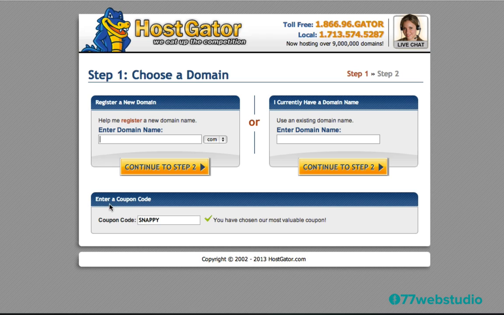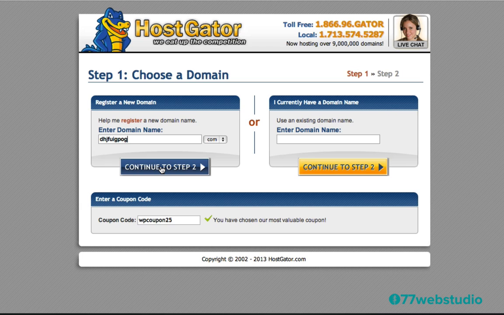Now just note that down below here it says enter a coupon code, and by default you'll automatically get a coupon from HostGator. But if you want to add even more of a reduced rate on top of that, you can use this coupon, which will give you an extra amount off of your order. So I'm going to put WP Coupon 25. That's a special coupon that you can add to get more off the total when you go to check out for your order. So I'm going to leave it at WP Coupon 25 to get a little bit more off my order, and I'm just going to put in a random domain name for the moment just to show you for demo purposes what the next page looks like.